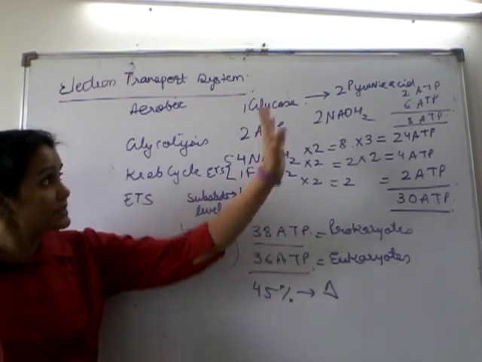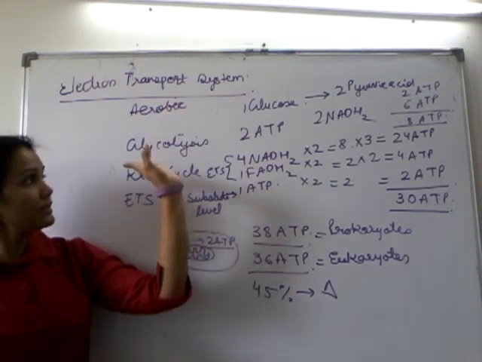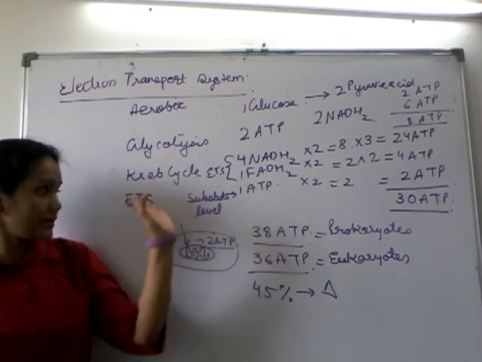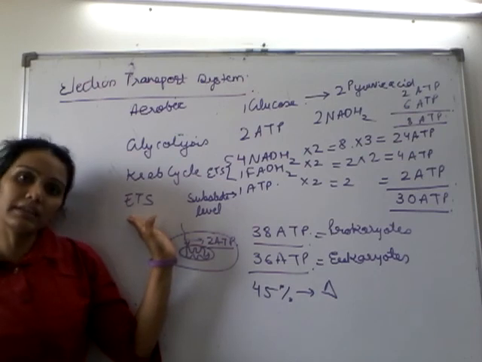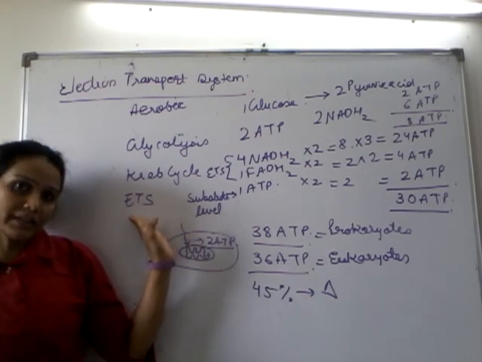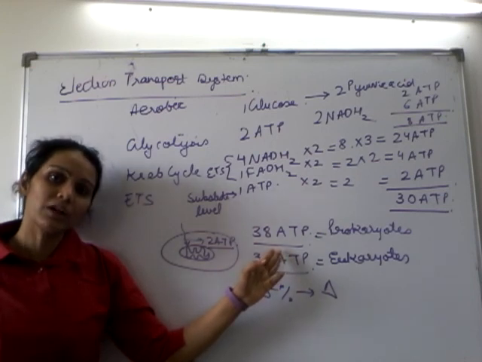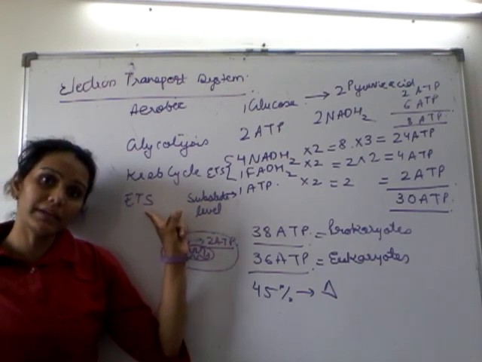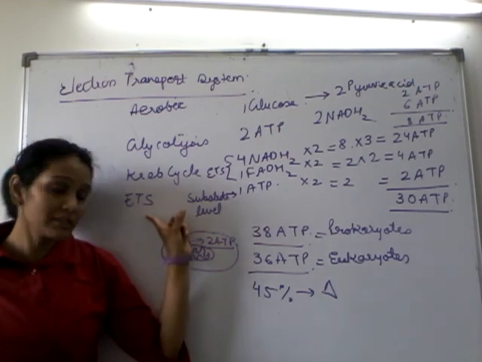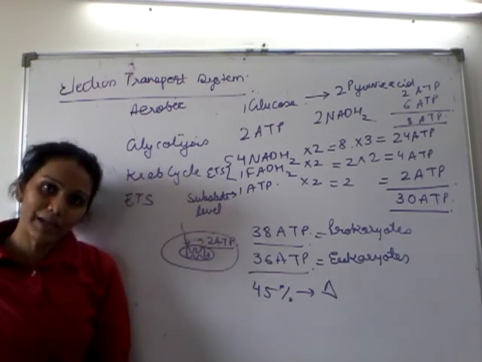Okay, in this way we have seen how glycolysis occurs in the cytosol, Krebs cycle occurs in the matrix of mitochondria, and the sequence of electron carriers which are arranged on the inner membrane of mitochondria result in the production of ATP by the oxidation power. Remember, in the electron transport system, the terminal electron acceptor is oxygen, and the ultimate product is water.